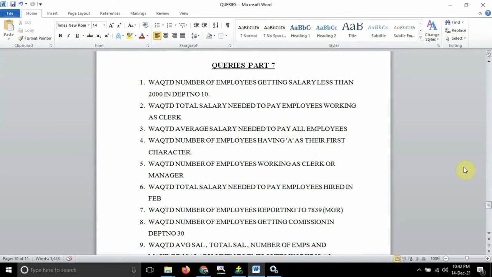Fourth one, write a query to display number of employees having A as their first character. So I need to display how many employees are having A as their first character in their name. How can I write it? Just see, guys, I will be using the LIKE operator here. Select, and if I want to display numbers, then I need to use count of star, which is used for counting. After that, from emp table, and the where condition is interesting, where